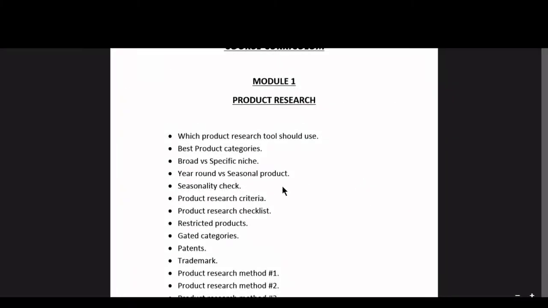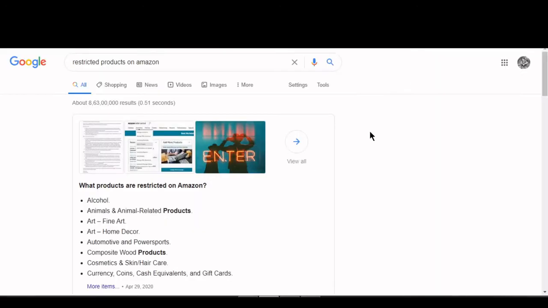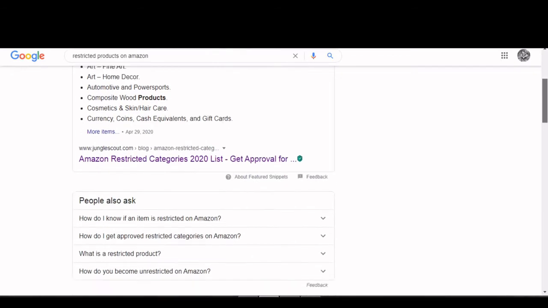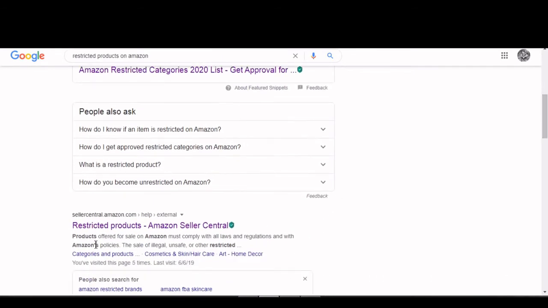Well guys, we are on to our next video, and today's topic is going to be on restricted products. The way to check if a product is restricted or not is, you have to go to google.com and search "restricted products on Amazon" on the search bar, and as you scroll down, here comes the link, restricted products on Amazon. You have to click this first link,